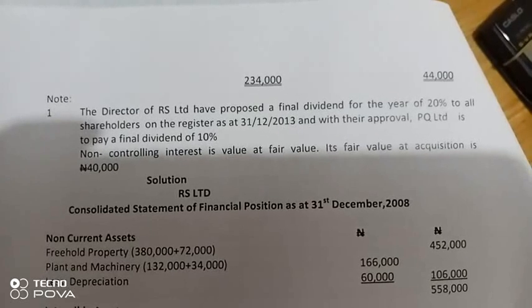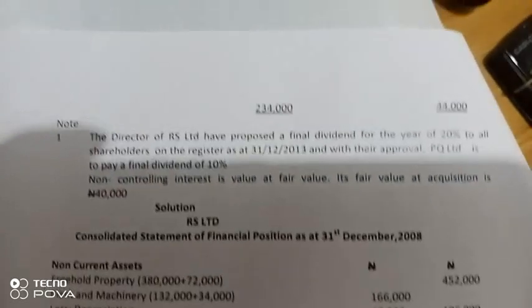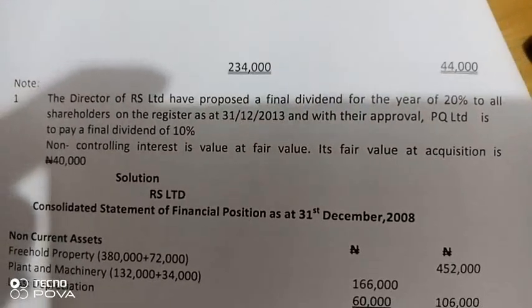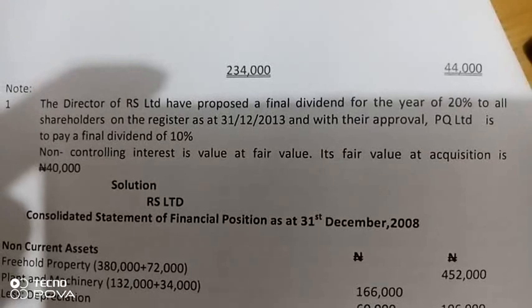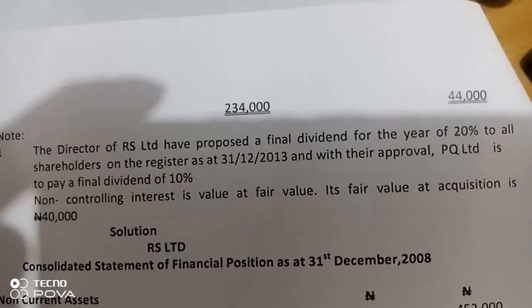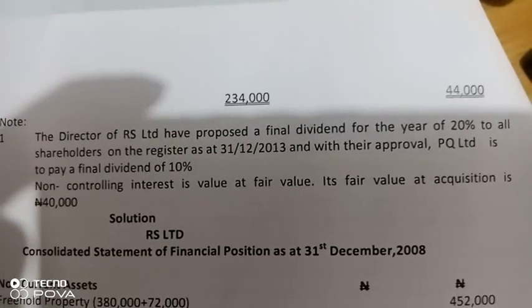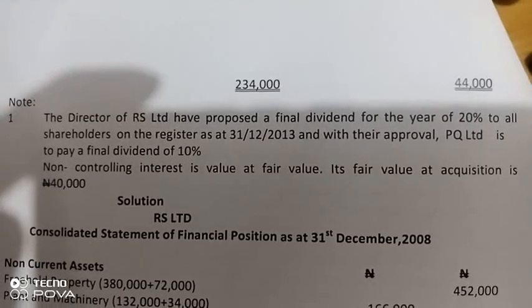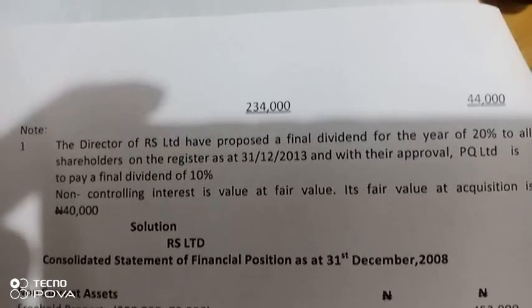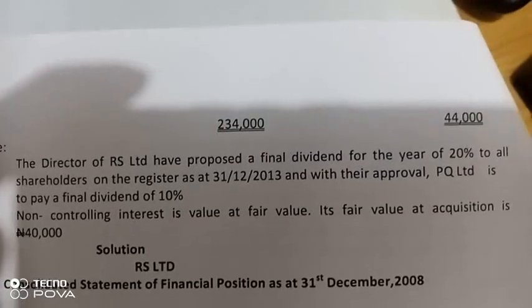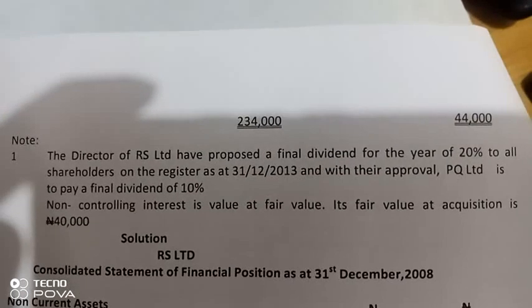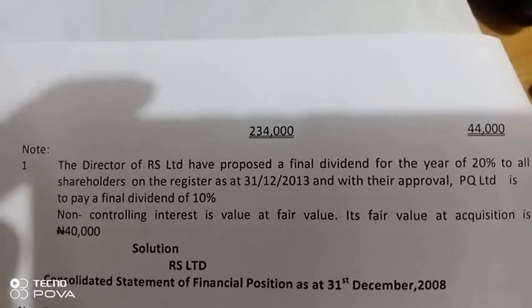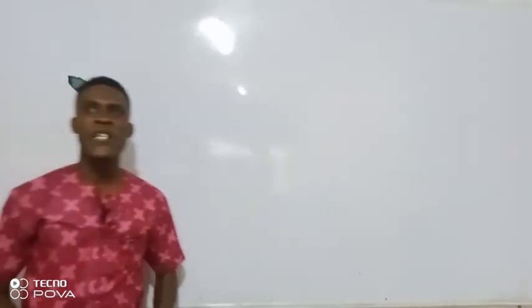The directors of RS Limited have proposed a final dividend for the year of 20% to all the shareholders on the register as at 31 December 2013, and with their approval, PQ Limited is to pay a final dividend of 10% per year. Non-controlling interest is valued at fair value. Its fair value at acquisition is 40,000 naira. So prepare the consolidated financial statement for the year. If you look at this question very well,